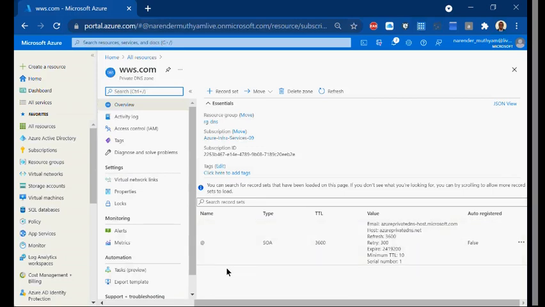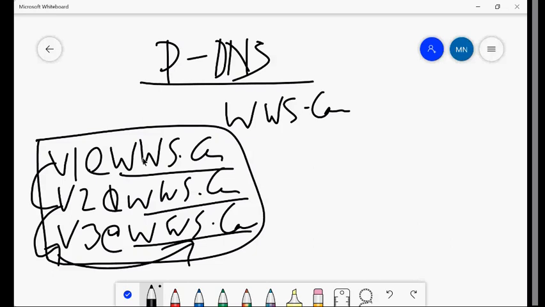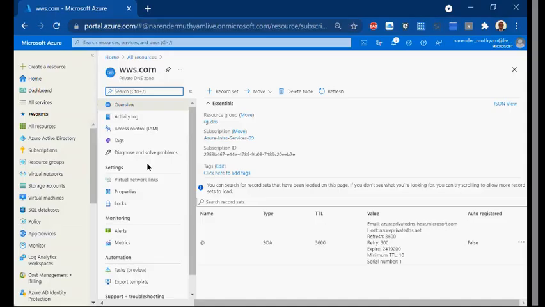It will create a record here, and it will have the full name, vm@wws.com. That way I can create my own DNS, and it will be easy for me to monitor and administer all those VMs.